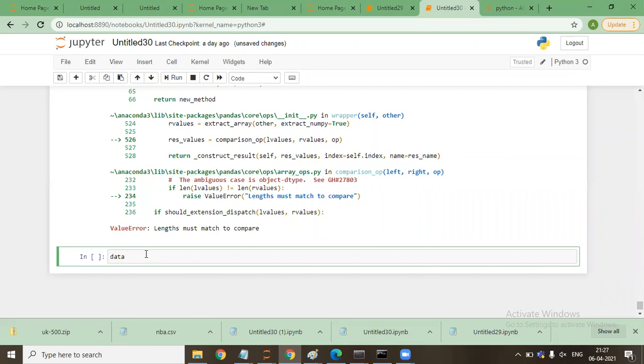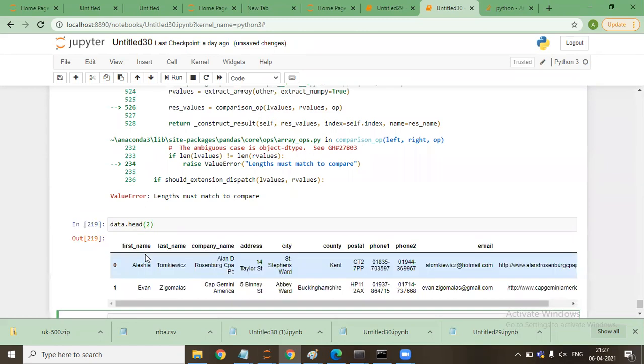Say data.head of 2. You see, the index is 0 and 1, and first name is a column. Either I make first name an index, then I can do that.